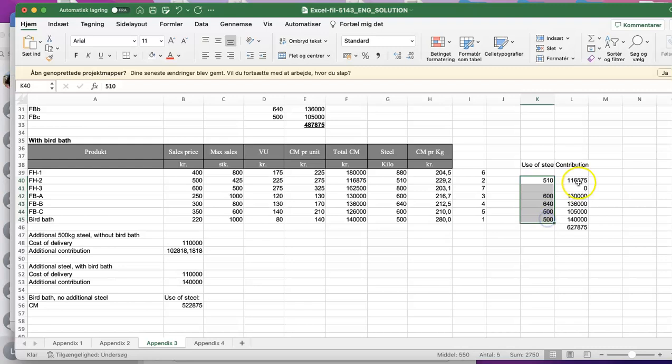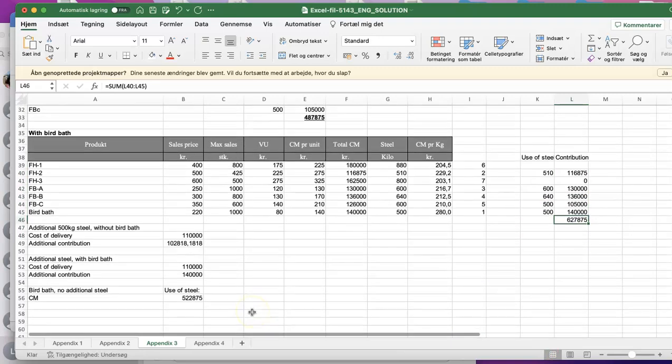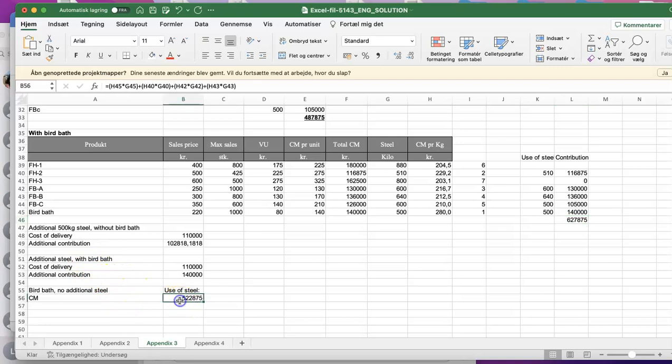And the new contribution will then give us 627,875, as we also see here. And if we compare that to the previous,